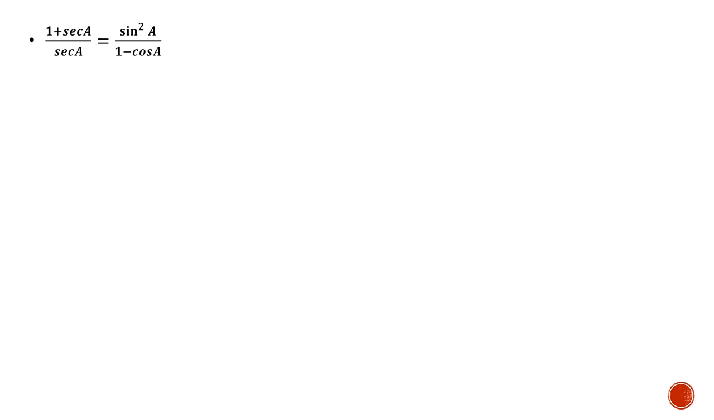1 plus sec a divided by sec a is equal to sine square a divided by 1 minus cos a. They have already given you the hint here that you have to solve LHS and RHS separately, because this is not the case where you start solving the left hand side and eventually you will arrive at the right hand side expression. So we have to solve them separately. As usual, we shall be taking left hand side into consideration here. So let's begin with that,